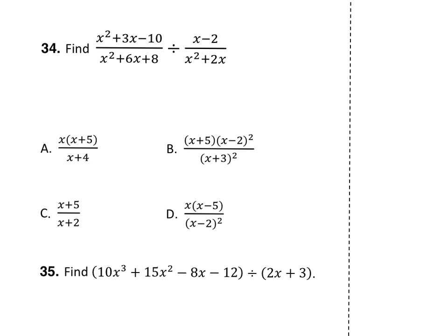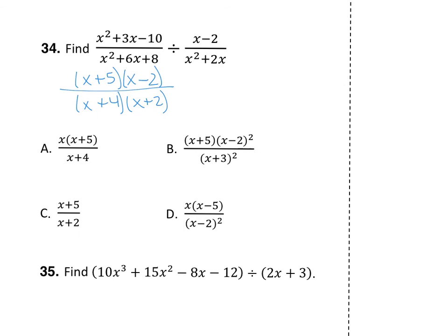Number 34 says find x squared plus 3x minus 10 over x squared plus 6x plus 8 divided by x minus 2 over x squared plus 2x. So before we flip the second fraction and multiply, let's go ahead and simplify our first rational expression. So if I factor the numerator of x squared plus 3x minus 10, I would use the diamond method, and I will get x plus 5 times x minus 2 all over,